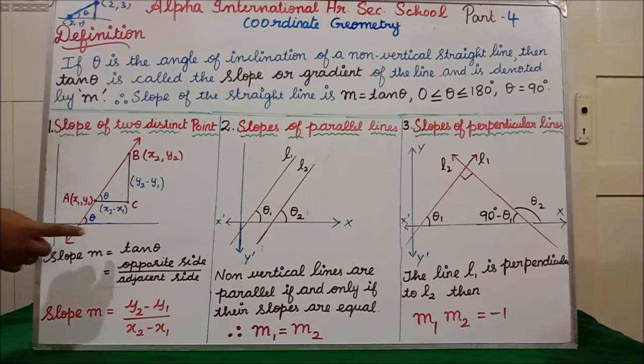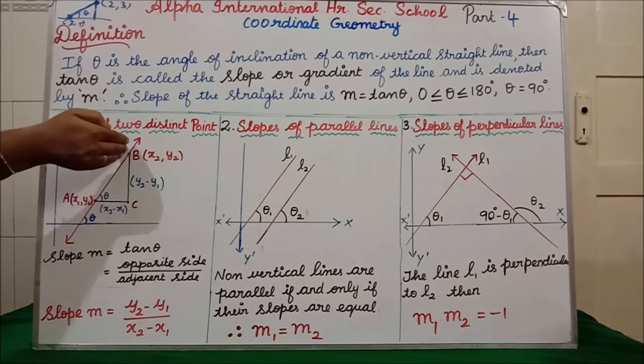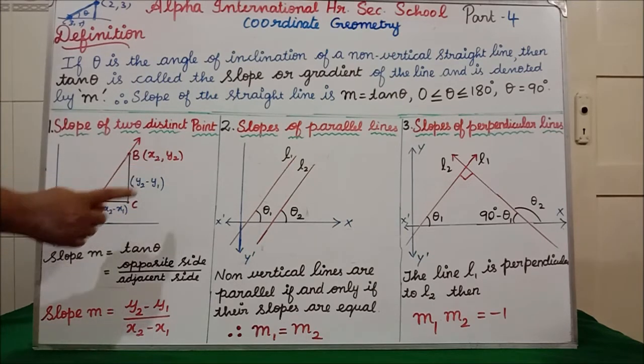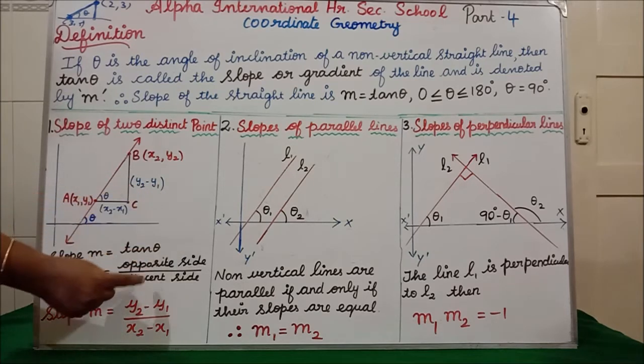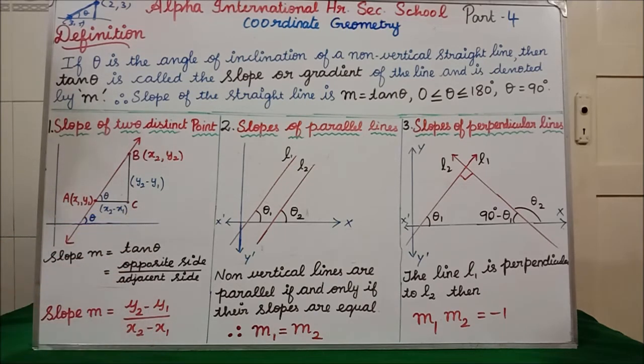Clear? The tan theta formula, cos theta formula and sin theta formula you will get in trigonometry, and by that time it will be very clear. So here theta is there, the opposite side is opposite, the baseline is adjacent, and the longest side is the hypotenuse. Clear? So tan theta is opposite divided by adjacent side. The opposite side is y2 minus y1, divided by the adjacent side, which is x2 minus x1. By that they have derived this formula.